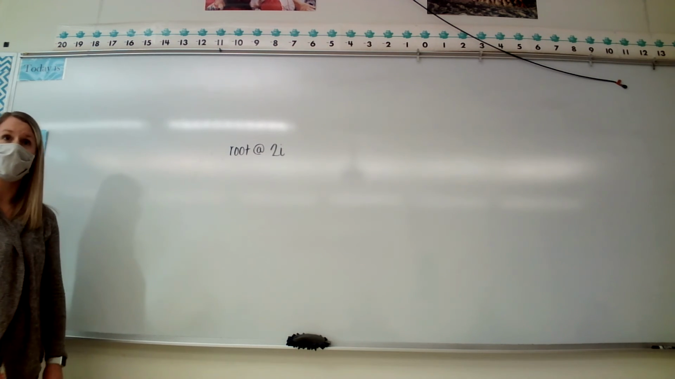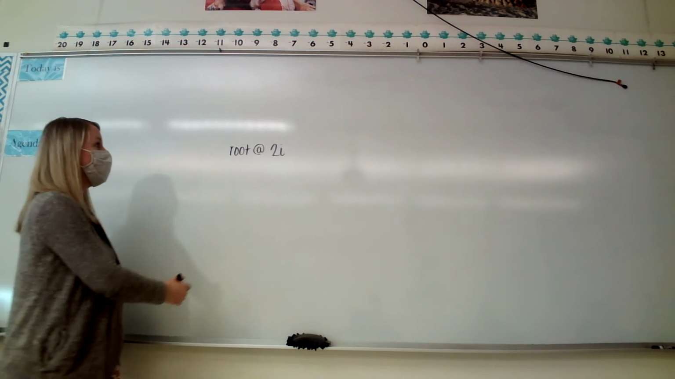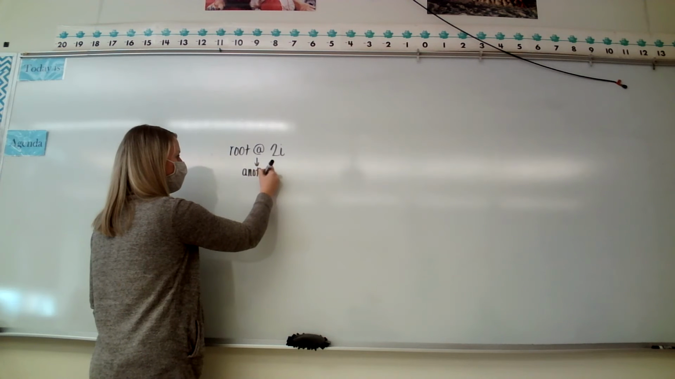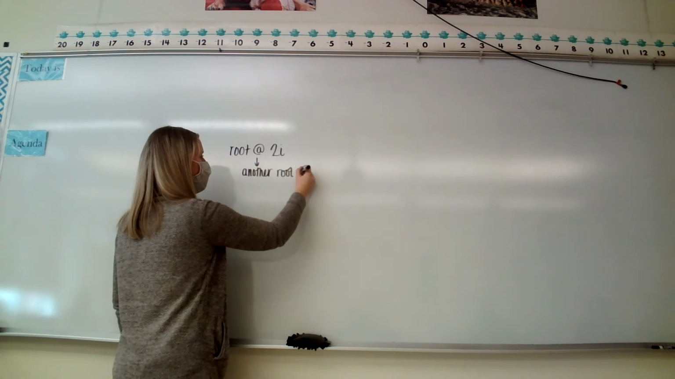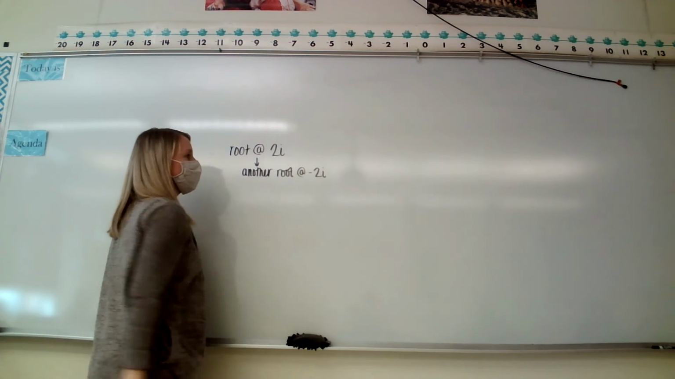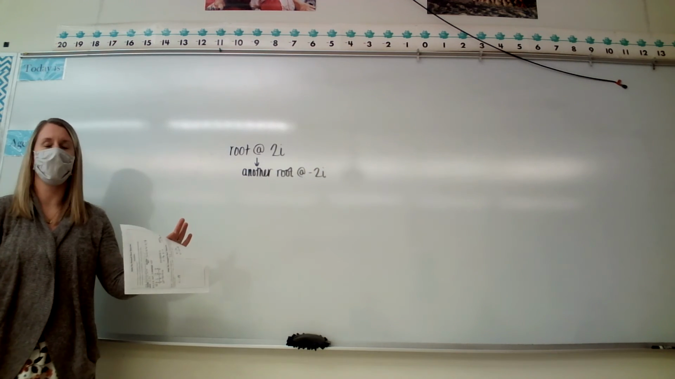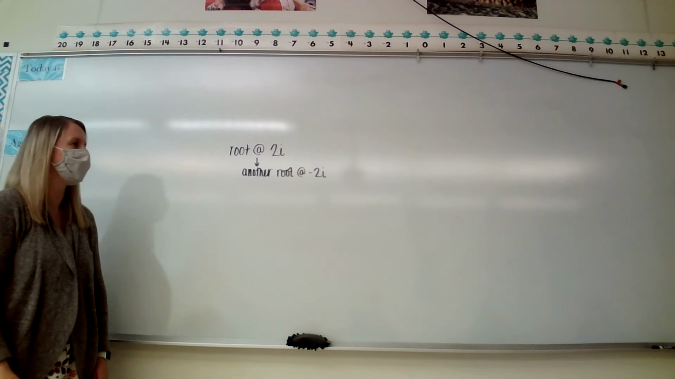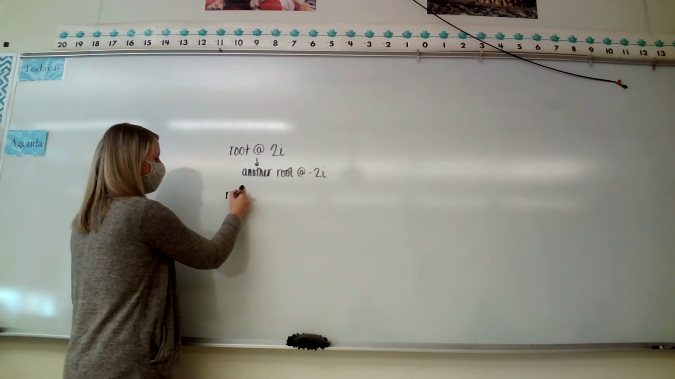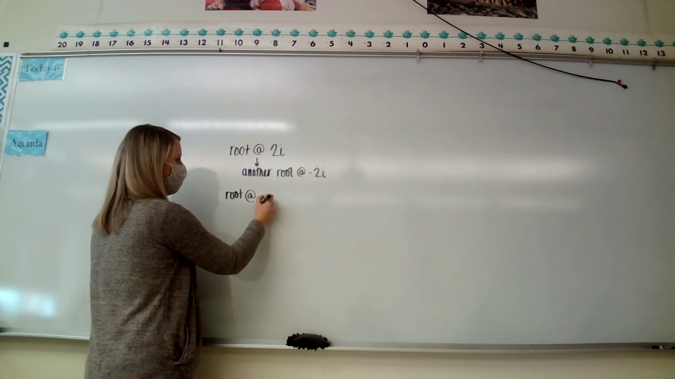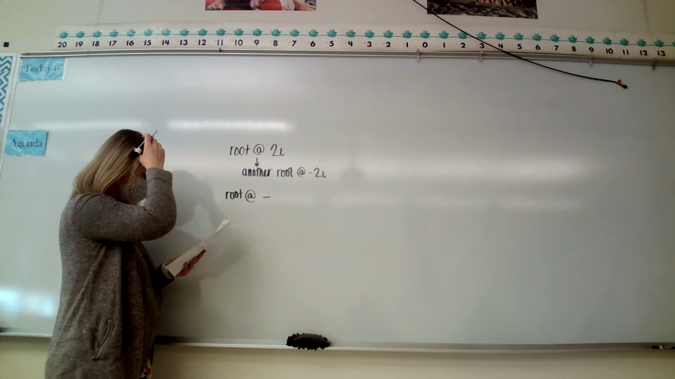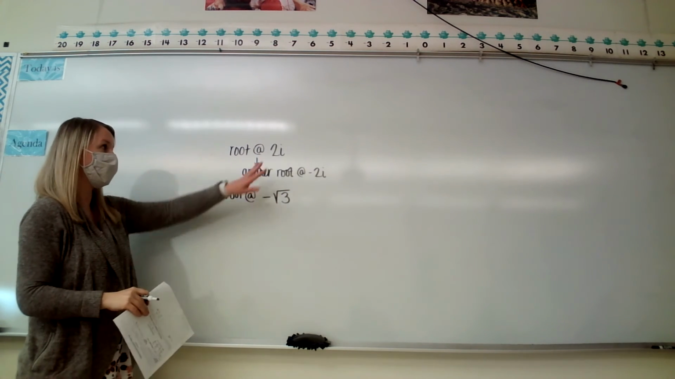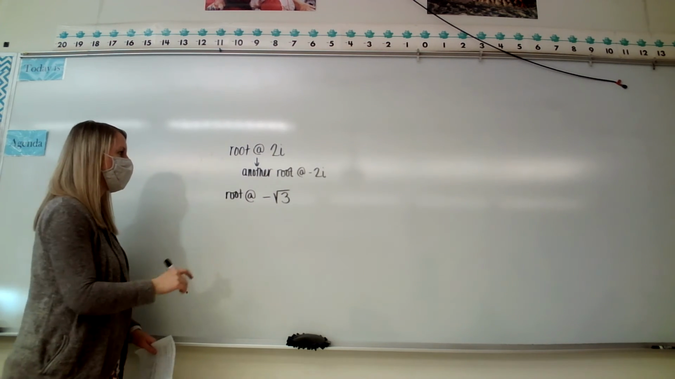A conjugate just means if I have 2i, then I automatically have another root at negative 2i. So if there's one at 2i, there's automatically one at negative 2i. If there's one at 27i, there's automatically one at negative 27i. If there's a root at negative root 3, so these are irrational numbers here,